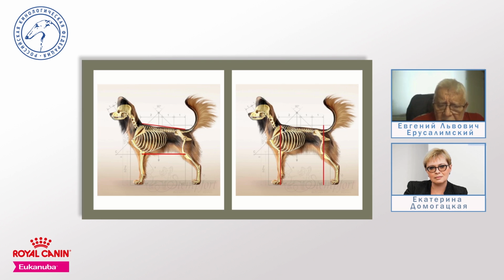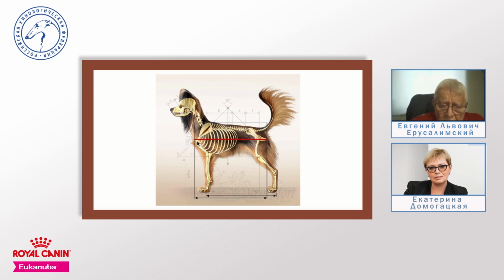Maybe some more details, please. How do they create it? Look, elbow is under the withers, and knee or stifle is under the tail set. According to this postulate, length of the body from sternum to buttock